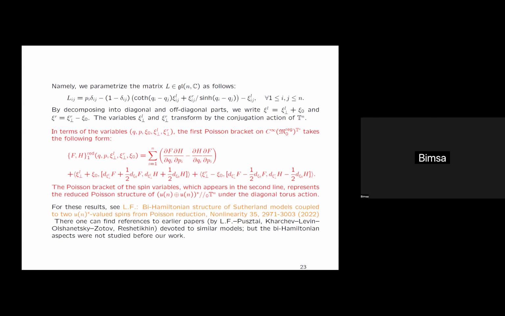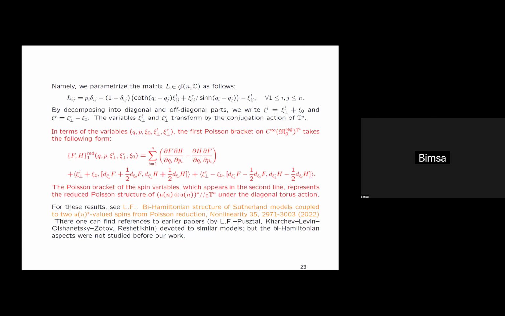So the psi left and psi right are anti-Hermitian matrices, diagonal part, off-diagonal part. And it turns out that they are coupled by this fact that their diagonal parts are opposite of each other. And in terms of these variables, the Poisson bracket again takes a nice form, the Q and P form a Darboux pair, and you can recognize that